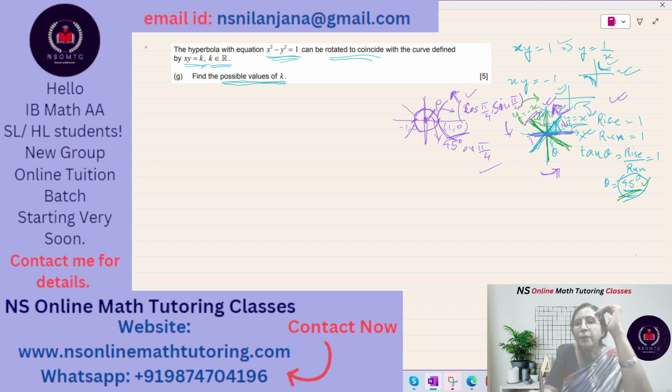And what is cos pi by 4? It is 1 over root 2. So this is 1 over root 2, and sine pi by 4 is also equal to 1 over root 2. So the 1 comma 0 point goes to 1 over root 2 comma 1 over root 2 point location. Okay, we'll be having coordinates as 1 over root 2 comma 1 over root 2. So if, and the equation is xy equal to k. So if x equal to 1 over root 2,